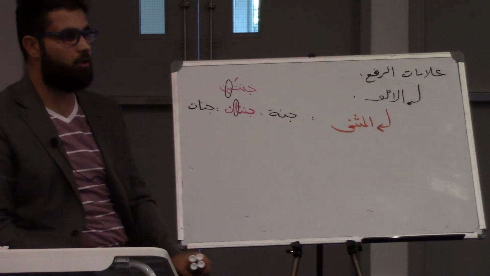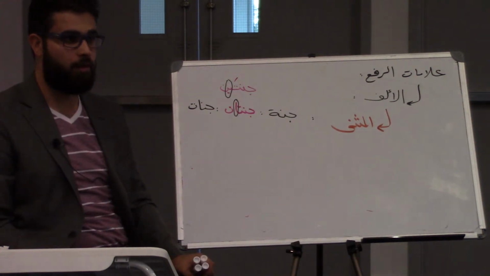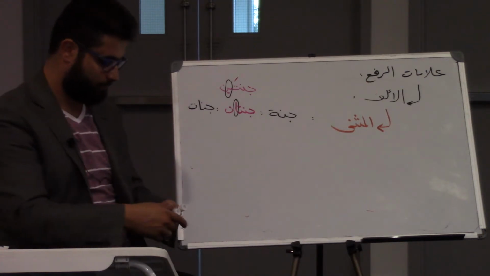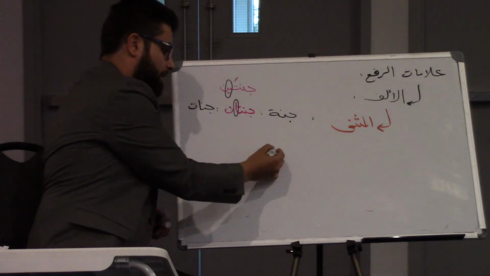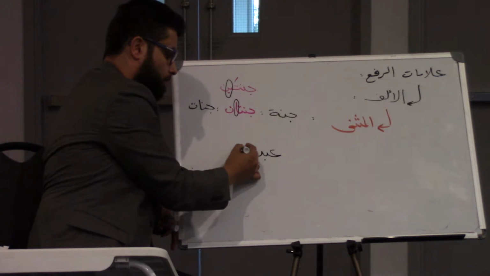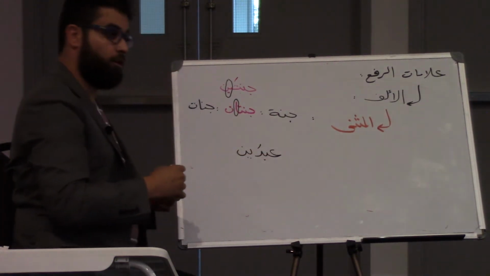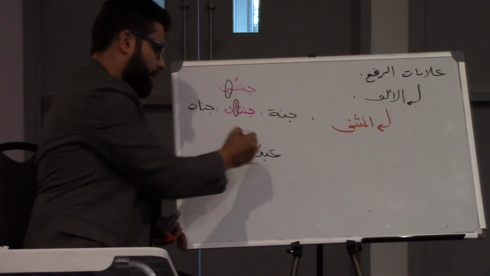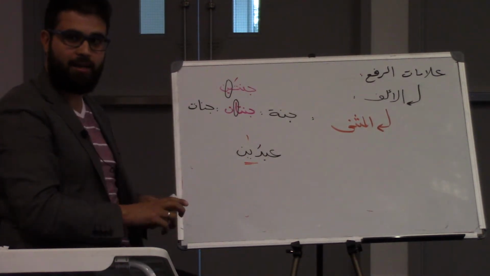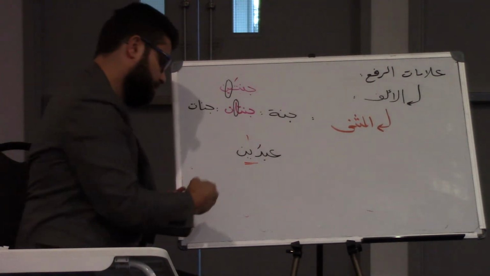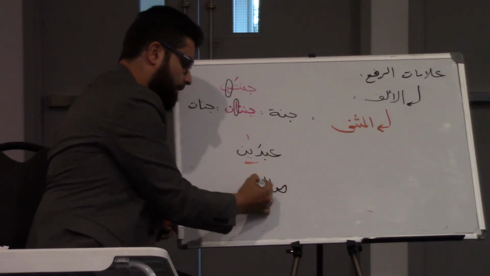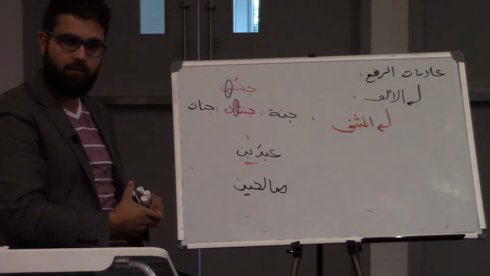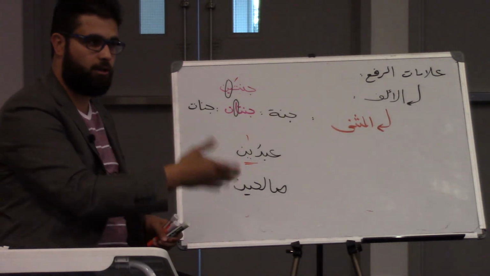So ضرب الله مثلا للذين كفروا امرأة نوح وامرأة لوط, right? كانتا تحت عبدين. So is the word abdain marfu'? No, because if it were, there would be an alif here, but there's not. There's a ya. كانتا تحت عبدين من عبادنا صالحين. Again, the same thing. It's not marfu'. If it were marfu', it would have an alif. فخانتاهما فلم يغنيا عنهما من الله شيئا وقيل ادخلا النار